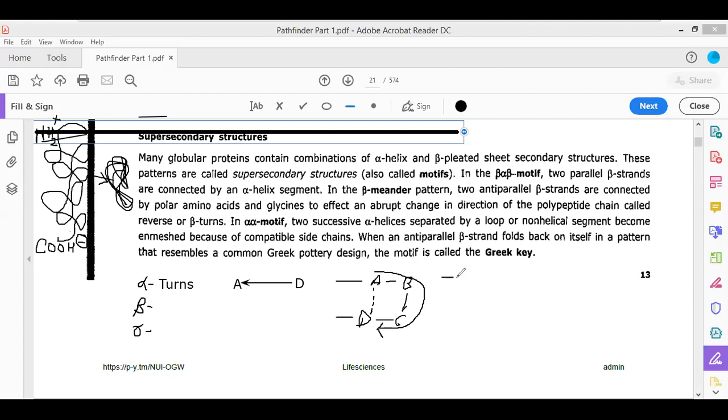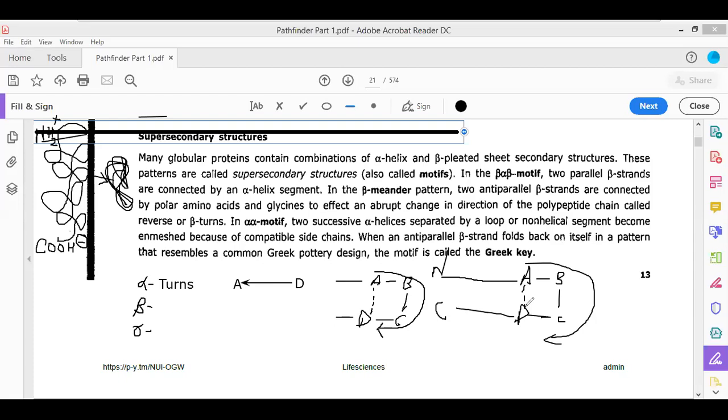Now see this. This was a polypeptide moving in this direction. You add this particular compound A, B, C, and D here. What you get is that the direction of the polypeptide is now altered. There was the N terminus, there is the C terminus. You have altered the direction of the polypeptide. This is how the turns work. The turns work by altering the structure of the polypeptide by adding just 3 to 4 amino acid residues, so that these residues have hydrogen bonding in between them.